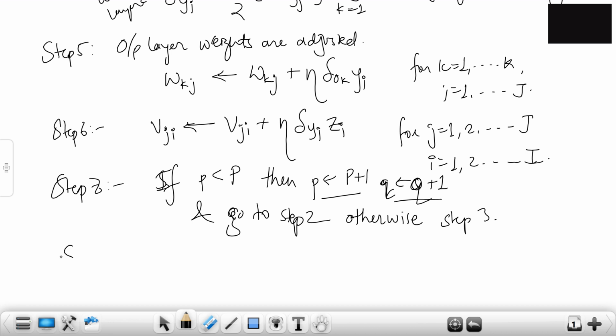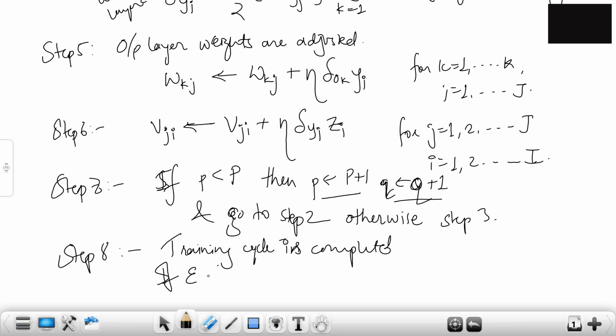Now the last step, step 8. Training cycle is computed. Okay, it's not completed, it is computed.